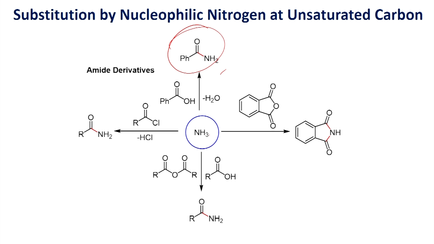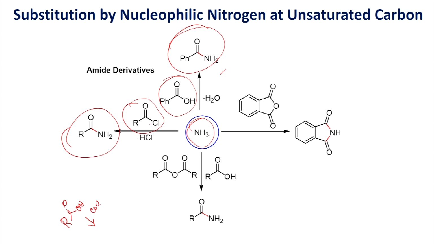The best way is, as we have seen, if you have carboxylic acid, you can readily convert it into the corresponding acid chloride, then react with ammonia to generate the amide as a product. Instead of reacting the carboxylic acid with ammonia to make amide, you can convert it into acid chloride. Suppose you have the carboxylic acid, you can react it with oxalyl chloride. So, you can convert it into the corresponding acid chloride. Once you have acid chloride, you can readily react with amine.